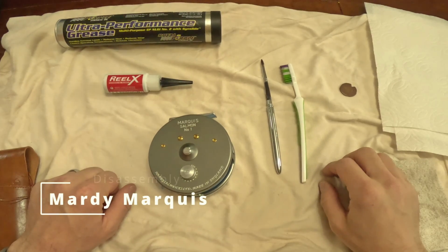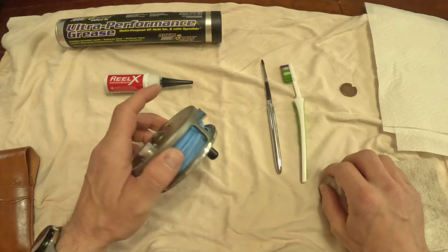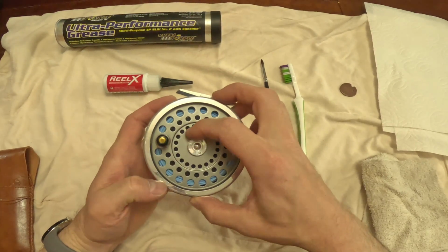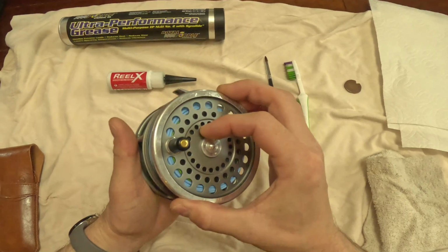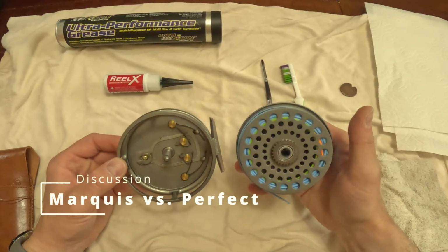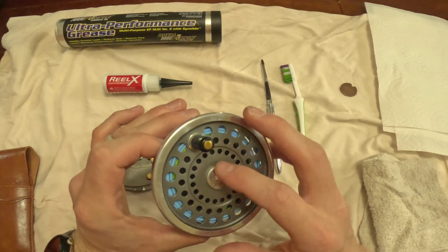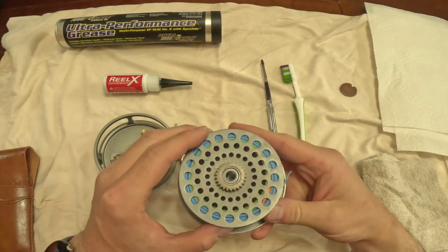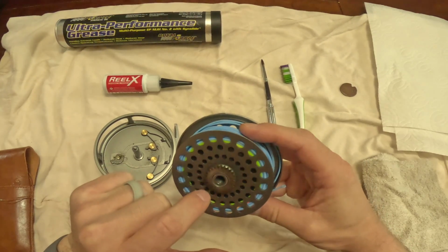All right, I'm going to show you now the Marquis version of the Hardy reels. There's a little clasp here. You depress, and that literally just separates your spool for you. Because there's no faceplate, like on the Perfect, there's nothing to take off on this section other than to just clean it up. But here, we just remove the grease as best we can from inside the shaft in there,